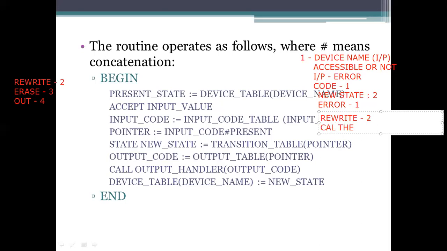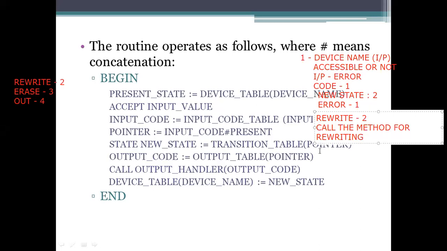Whenever we saw this rewrite, that is code 2, we need to call the handler. So which handler? We need to call the function or a program or a method for rewriting. Okay. So whenever we saw this 2, what happens here? We need to call this method. A handler has to be called. Which handler I have to call? The output code is mentioned here. Call the handler of output code 2. Then what it is doing? It is been taken into an account. That's called the method for rewriting.